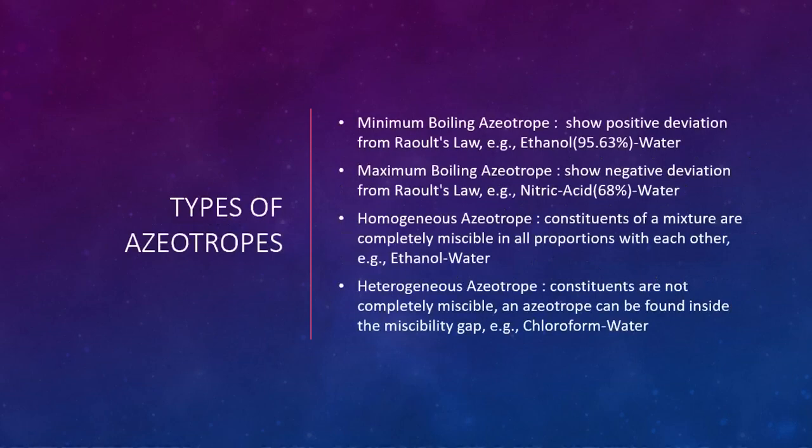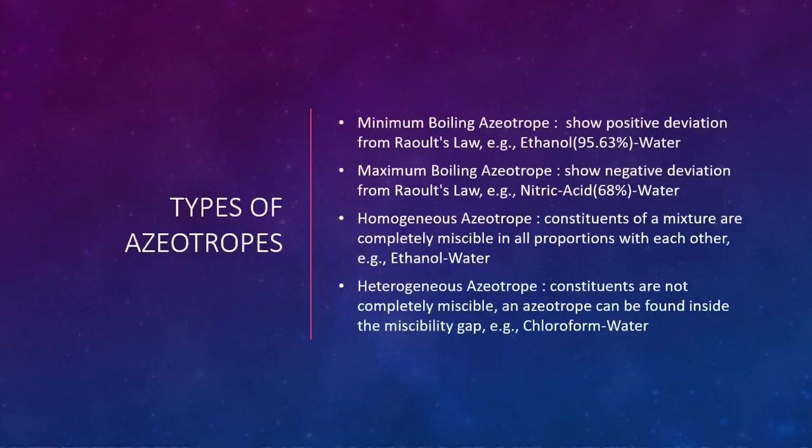Next, we come to homogeneous azeotropes and heterogeneous azeotropes. Now, homogeneous azeotropes are completely miscible with each other. Homogeneous means they will resemble a single phase. So, if you mix ethanol and water, they are completely miscible with each other in all proportions. When we have a heterogeneous azeotrope, the components will not be completely miscible. There will be some miscibility gap. That is, there will be some separation into layers. Like if you mix chloroform and water, shake it and then keep it for a while, you will see that two layers have formed in your glass.